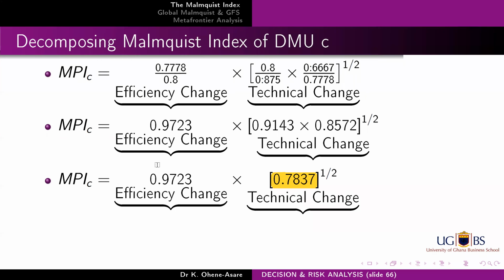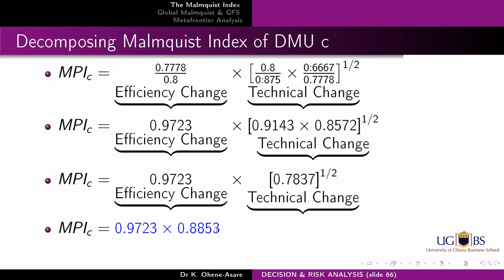Once you have the value, you just take the square root. You can see that we don't do anything to the efficiency change. You just take the square root, and then you get a score. Now watch these scores. If you want to interpret them in proper terms, you just have to take their reciprocal, because even though we've used efficiency scores for them, in order to best interpret them, you can take the reciprocal. So when you take the reciprocal of the first one, which is 1 divided by